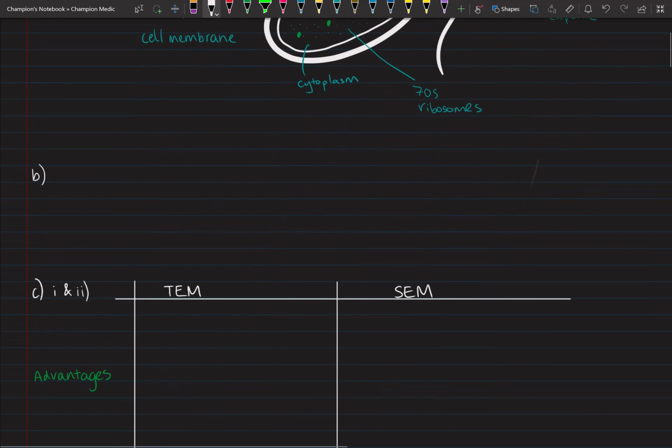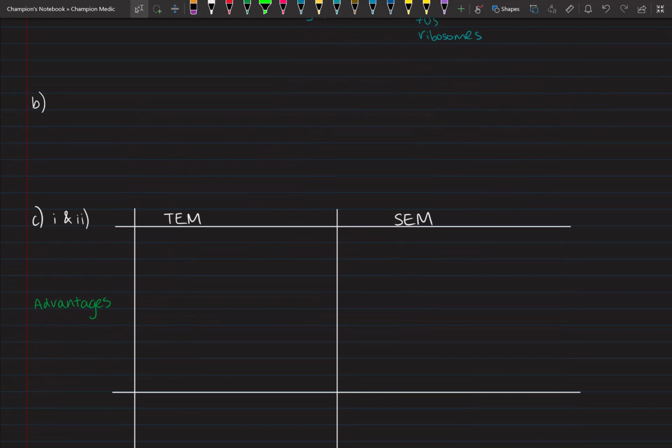So part B, what two structures are present in an epithelial cell? So an epithelial cell is a eukaryotic cell, but those two structures aren't present in the prokaryotic cell above. So we know a common one is nucleus. Another answer is mitochondria, Golgi,